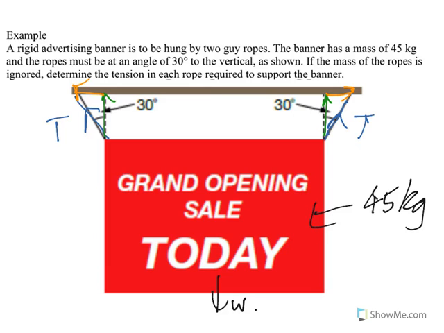Seeing as we don't know the tension, we don't know what those sideways forces might be, so not overly useful to us. However, the vertical ones, these two green ones,